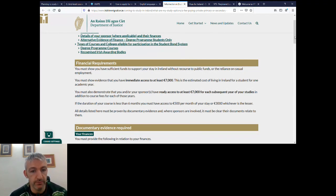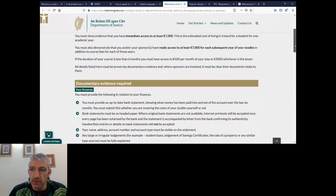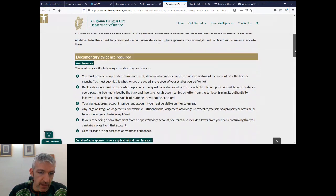And if it's a multi-year course, then it's important that you show an income sufficient to be able to pay the second, third, fourth year fees if it's an undergraduate course with that many years. So it's not about showing this minimum amount. It's showing that you are well able to afford to do the study. So the kind of evidence that you're expected to show are bank statements,